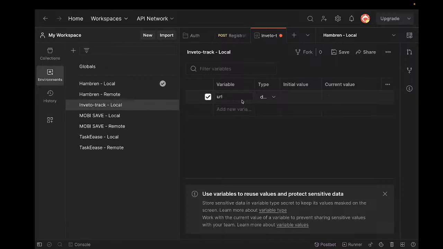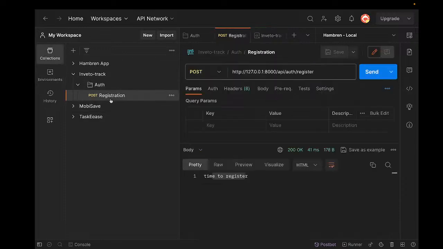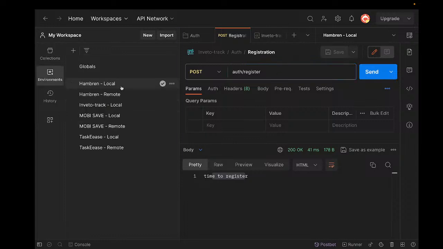You can call it anything that you want. So for this URL, I'll cut the URL that we're going to use in this collection, and then come to this register. I'm going to cut this one here, beginning from this stroke, the whole of it. Ctrl X, for those who are using Windows, and then come back to environment and then click on